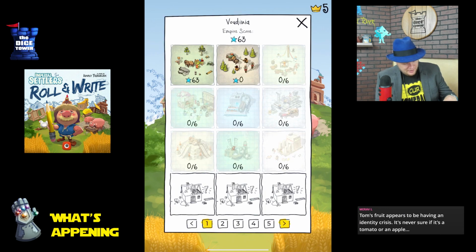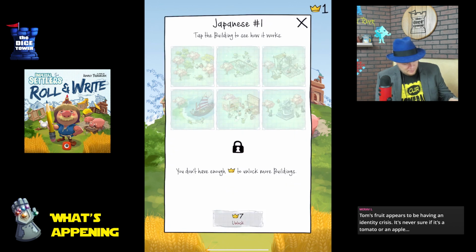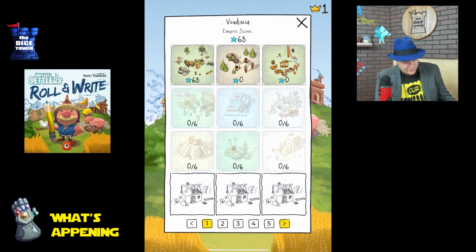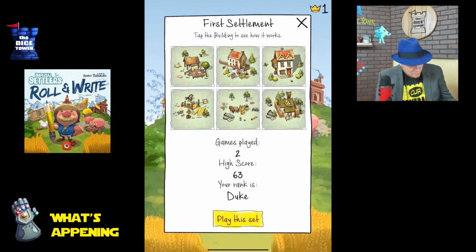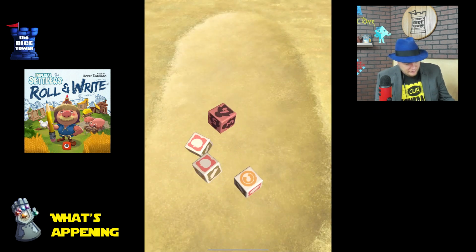Oh, so I can unlock. This costs 4. I can unlock settlement 2. Alright, cool. So at least I can unlock some more buildings. Alright, so let's play the barbarians now. Well, these guys look cooler. Wait, hang on. Huh. That's cool. Alright. That's cool, except...